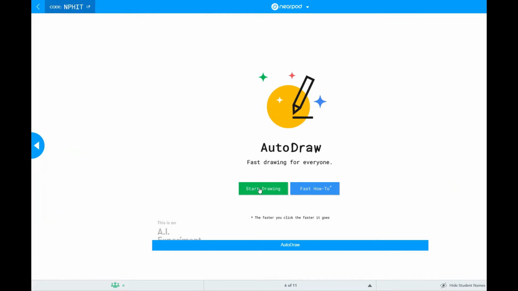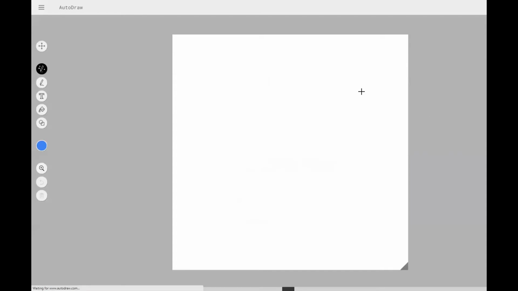AutoDraw is a computer program where the computer tries to figure out what you've drawn. So I'm going to hit Start Drawing, and I will go through the tools in just a moment. But the first thing you want to do is make sure that you've hit this one button called AutoDraw.